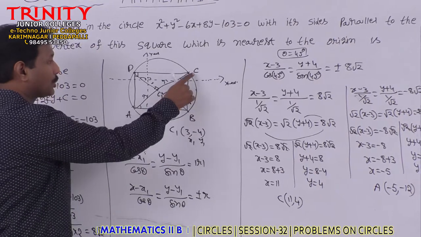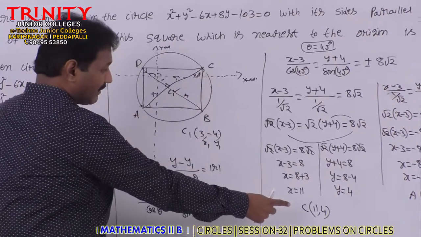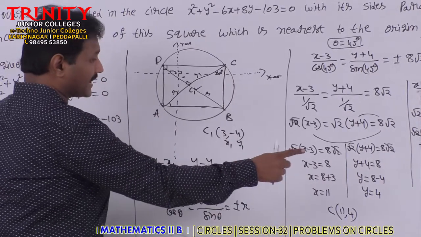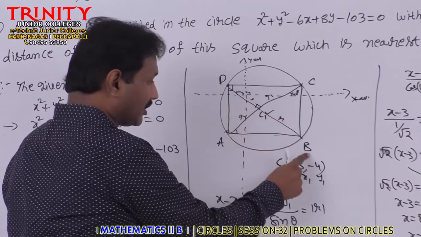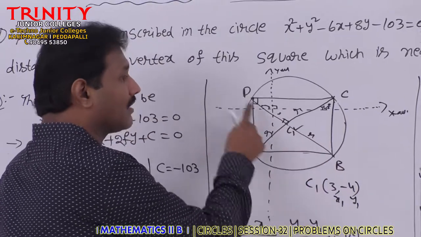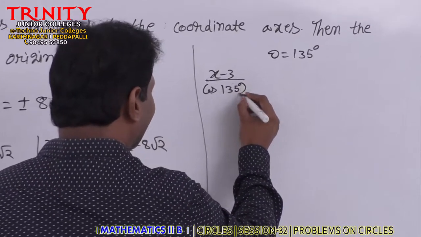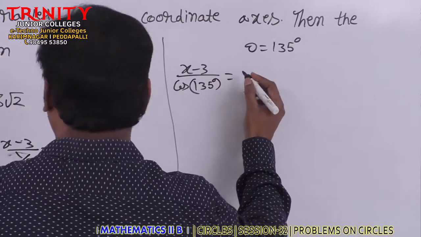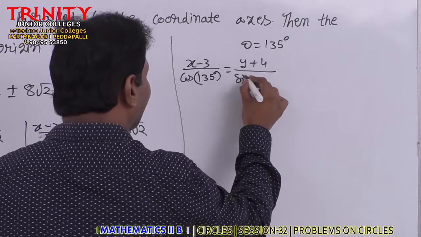We find the two vertices. One vertex is A, one vertex is C. C is (11, 4) and vertex A is (-5, -12). By using the 135 degrees angle, we find the values of vertex B and vertex D. In this case, (x - 3)/cos 135 degrees = (y + 4)/sin 135 degrees